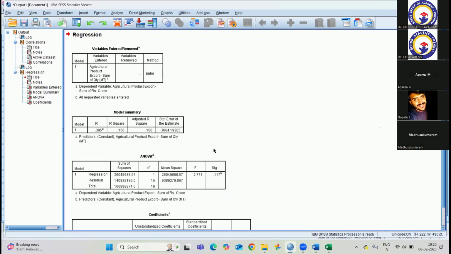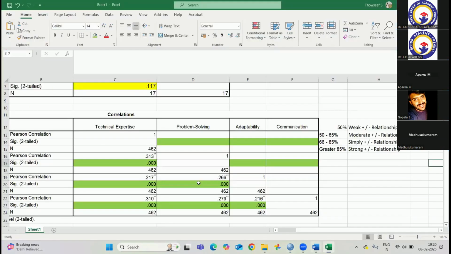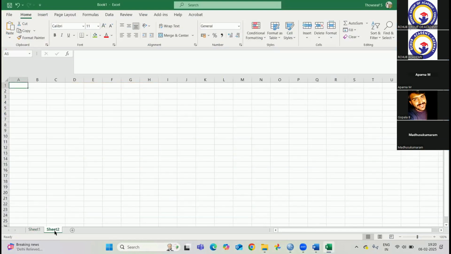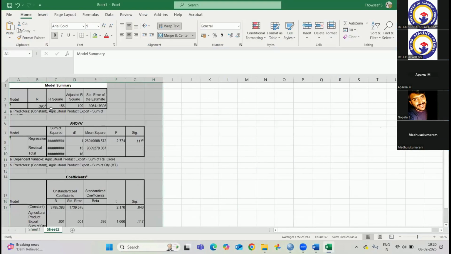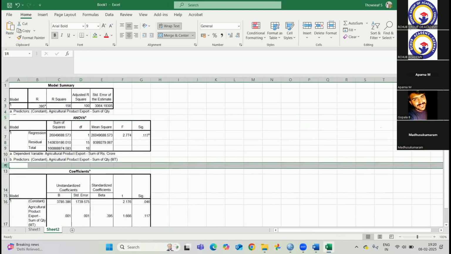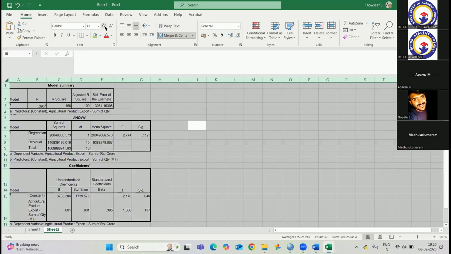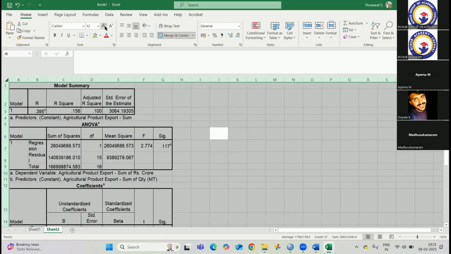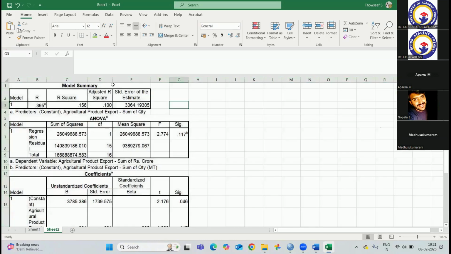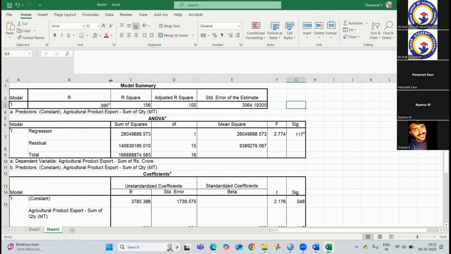So how to interpret the regression analysis? So let me copy paste this entire table. Okay. Let me copy this entire table. So yeah, this is our output. Is the output visible to everyone, ma'am? Yes, sir. Okay, so